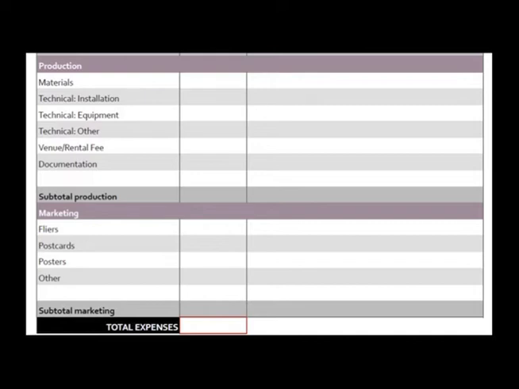You'll need to research your production costs to make sure that you don't underestimate in this area. If you're new to working in a public venue, ask others for advice. There may be aspects of the process such as licenses, insurance, or legal advice that you might not consider, and you should bear in mind that cost overruns in this area will probably end up coming out of your artist's fee. It's a good plan to have a contingency line that will cover the inevitable unforeseen expenses as the project unfolds. The last expense section is marketing,